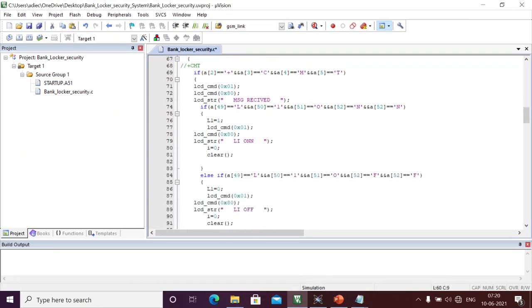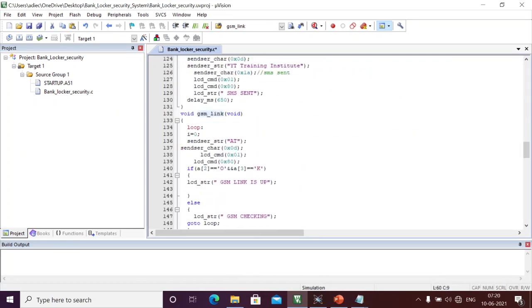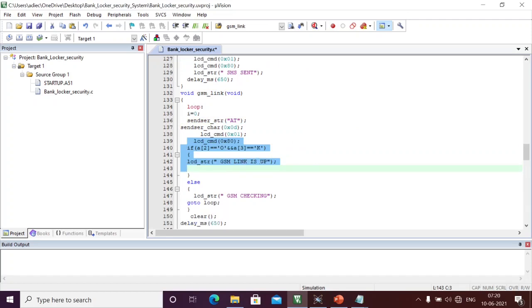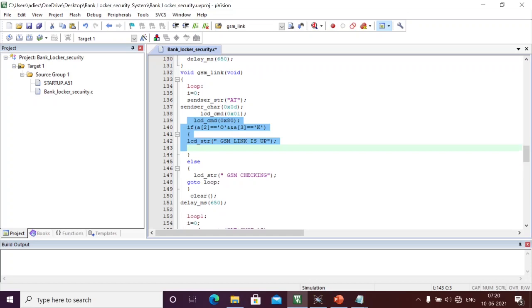Here in GSM link, we are always sending AT, and OK should come from this GSM module. When we receive the OK, then we say that GSM is connected, link is up. For example, I send AT from the microcontroller to the GSM, then I get the reply OK from the GSM module to the microcontroller. Then we say GSM link is up.